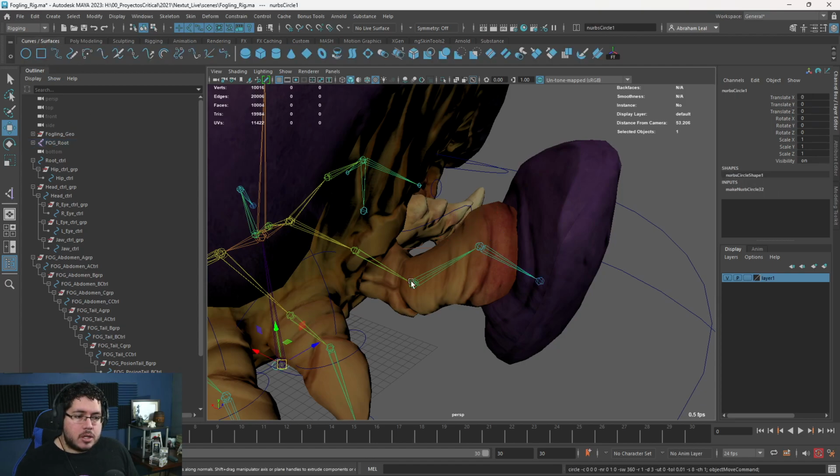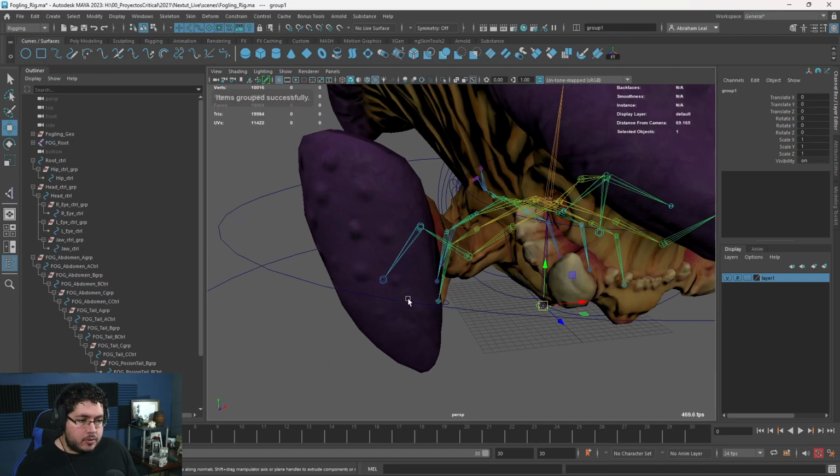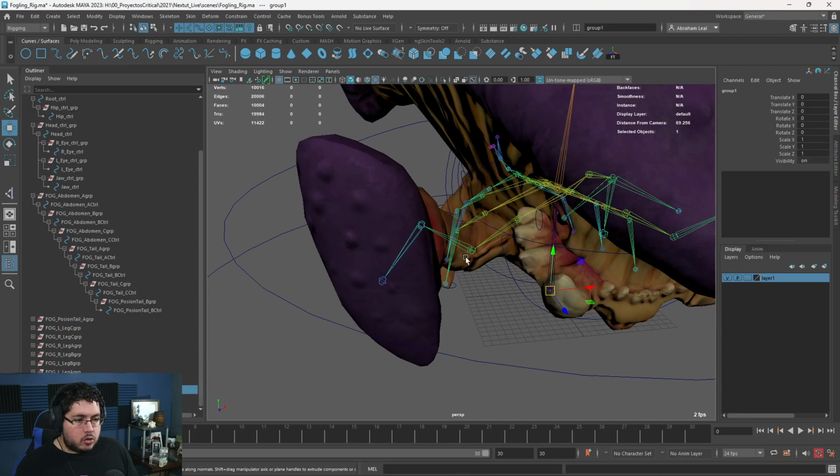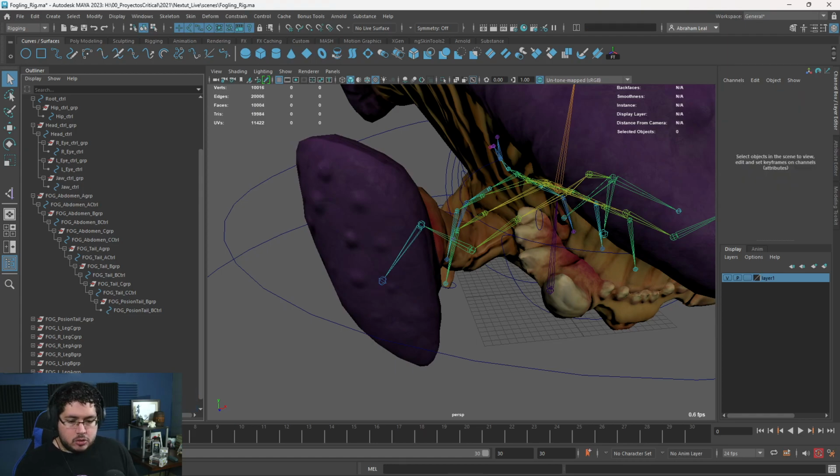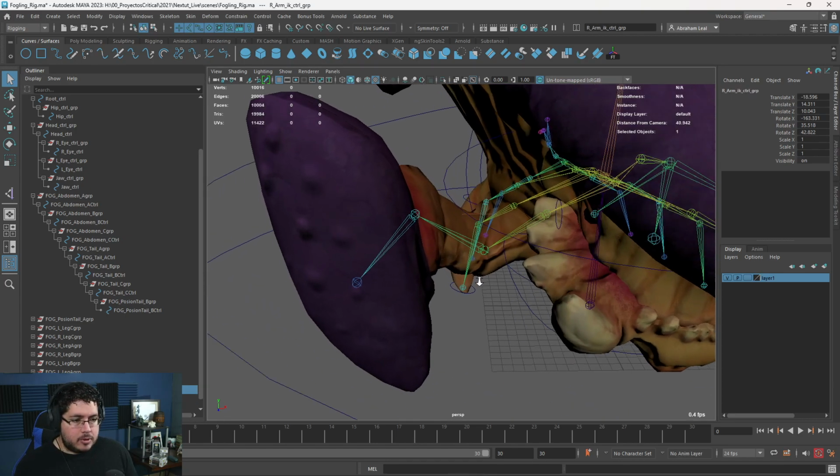We're going to go again to curves, create a curve, group that curve, select the joint where we're going to go, select the group, do a parent constraint, delete the constraint, and this is going to be my right arm IK control. And this is going to be the right arm IK control group.